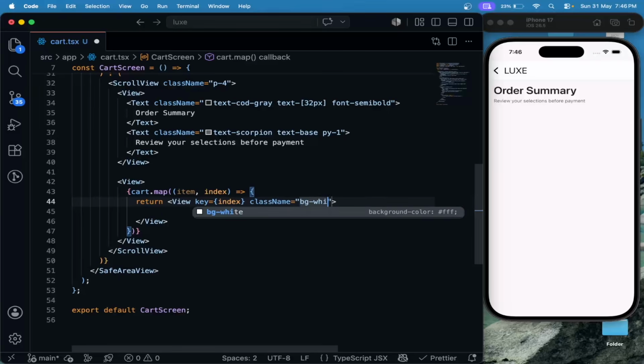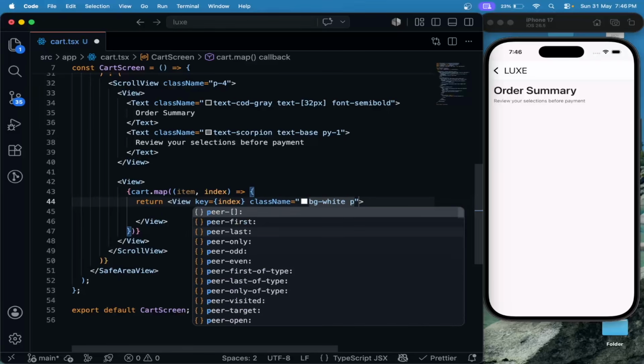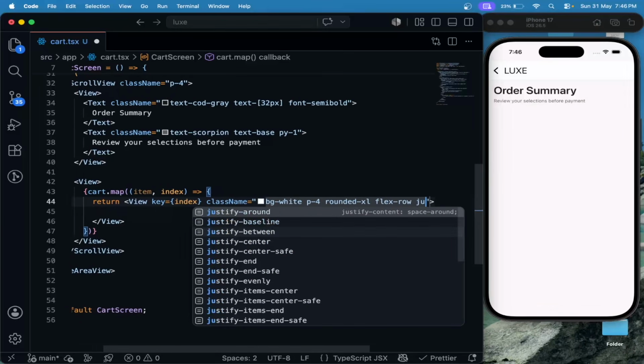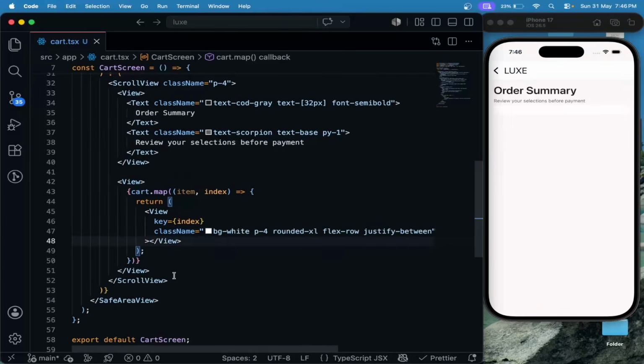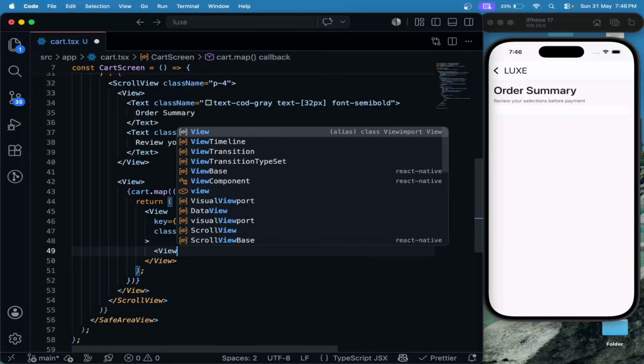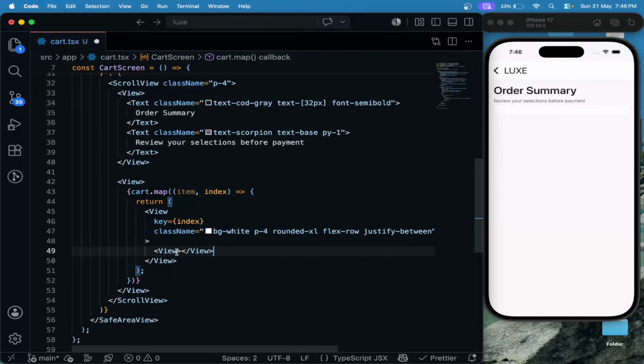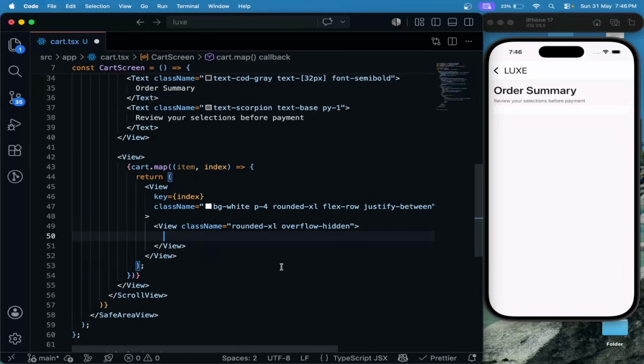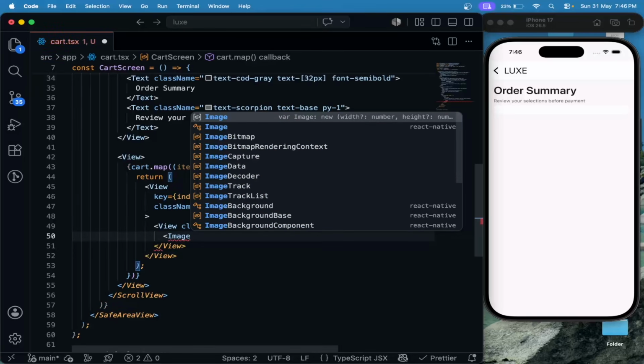I'll make the background color as white, padding 4, rounded XL, flex row, and justify between. Then inside this view I'm going to take one more view. Let's add some CSS. I'll say rounded XL and overflow hidden,